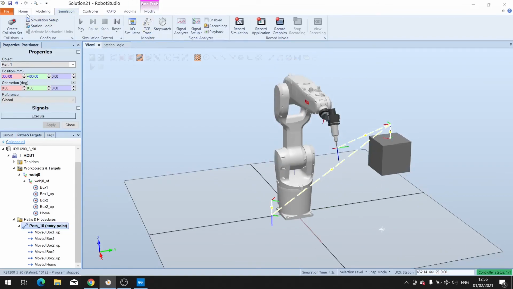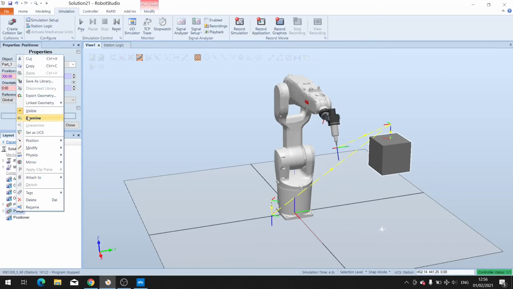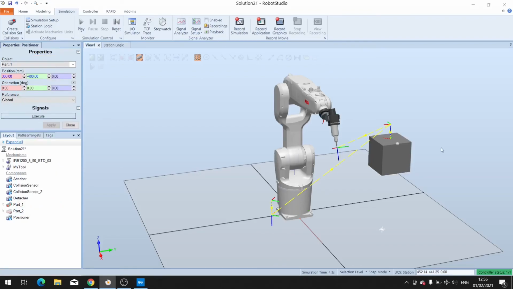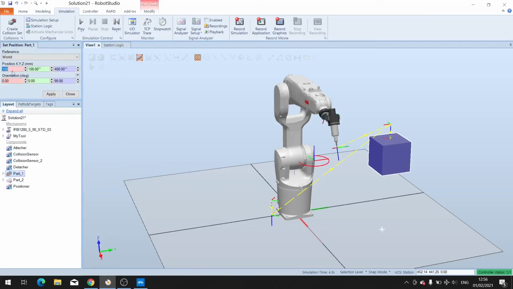So to view only this object, we can go to layout, and for the second box we can uncheck the visible, so it will not show the second box. And let's try reset. Okay, let's set the position to be back, because we have set the positioner with this one, so we can just set the position,